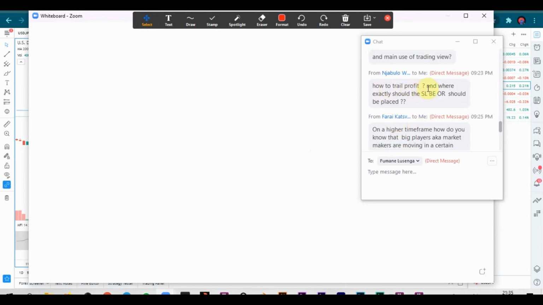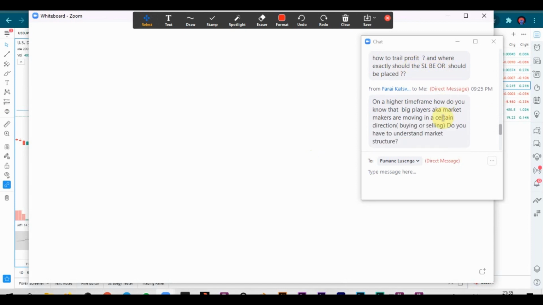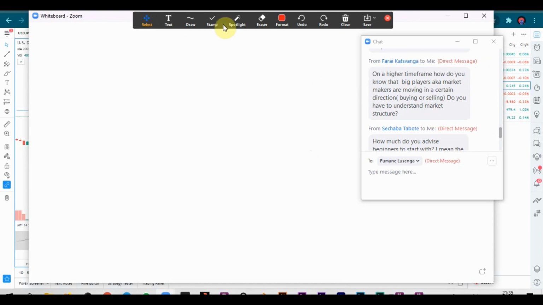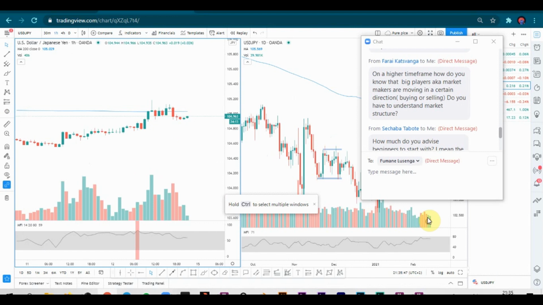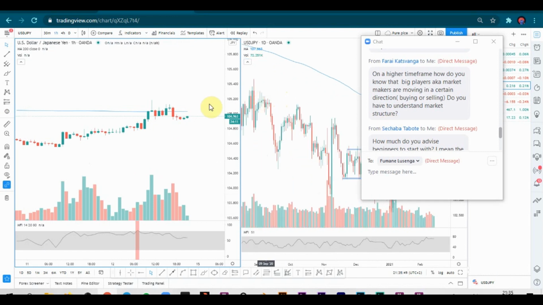How to trail profit, and where exactly should the stop loss be placed? Where is the chart? Trailing profits, it's all about